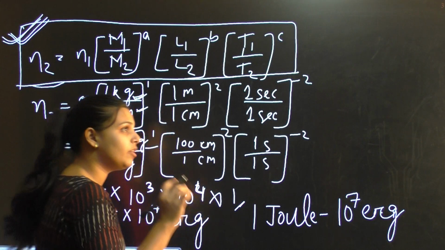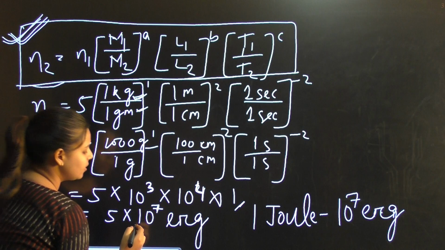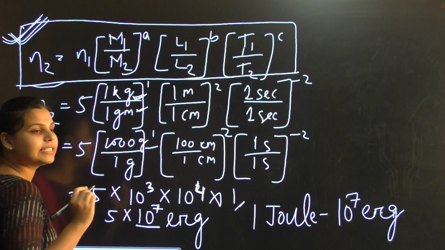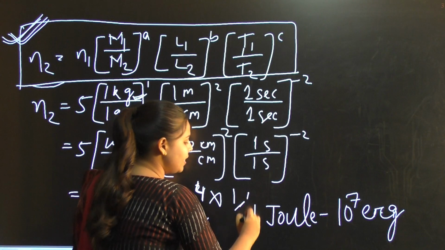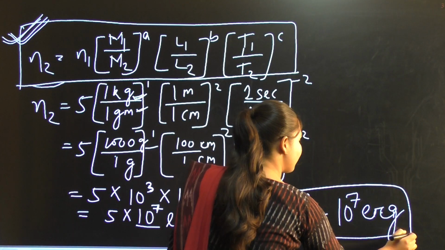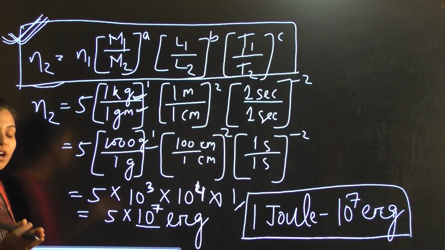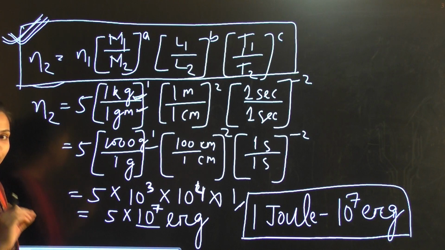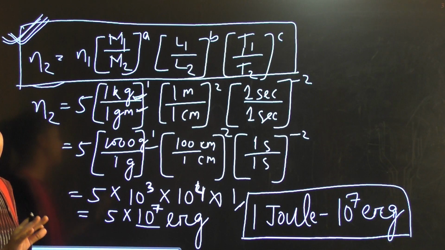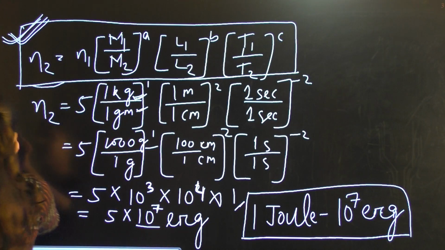So we have to convert 5 joule into erg. So here the value is 10 to the power 7 erg. From this we got to know that 1 joule is equal to 10 to the power 7 erg. In this way you can convert one system into another system by using dimensional analysis. This is one of its applications. Now next, we move towards